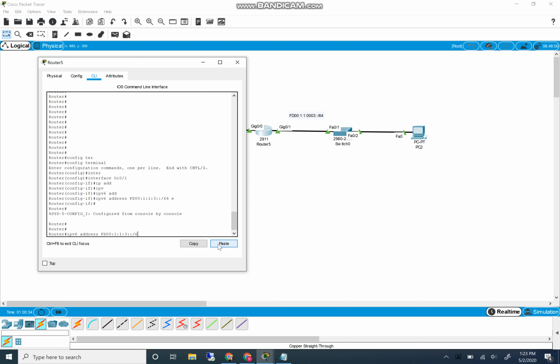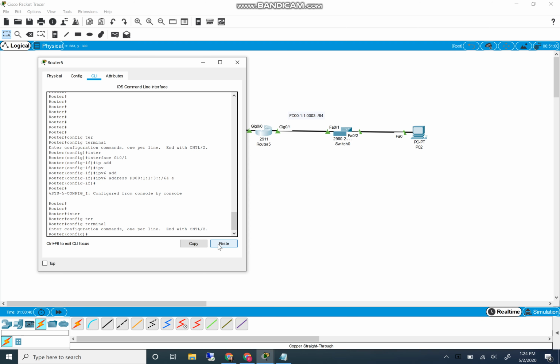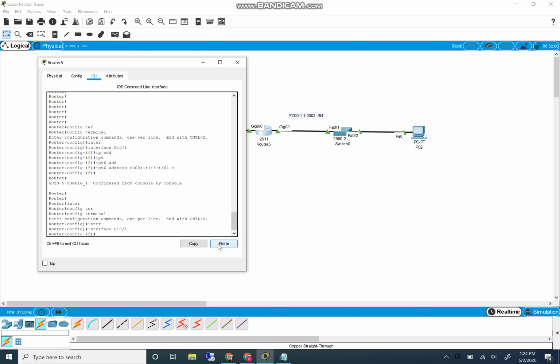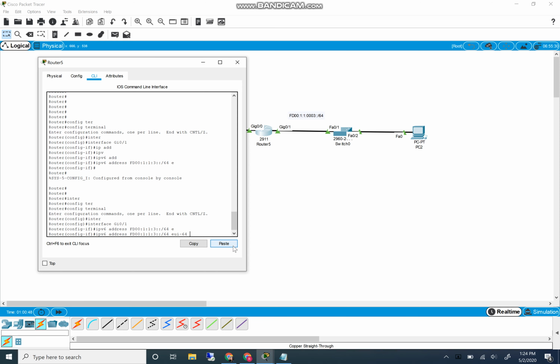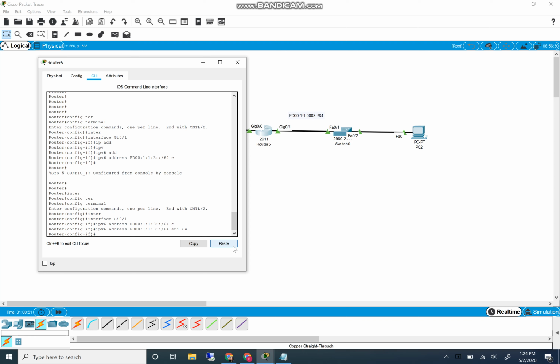Okay. That would work if I was still in interface configuration mode. So let's do that again real quickly. Gigabit 0/1, and then we'll go ahead and paste what we have here. And then I'm going to use the EUI-64 process, and now it has successfully completed. Remember, I told you if you don't get an error at this point here, then you know that it's gone